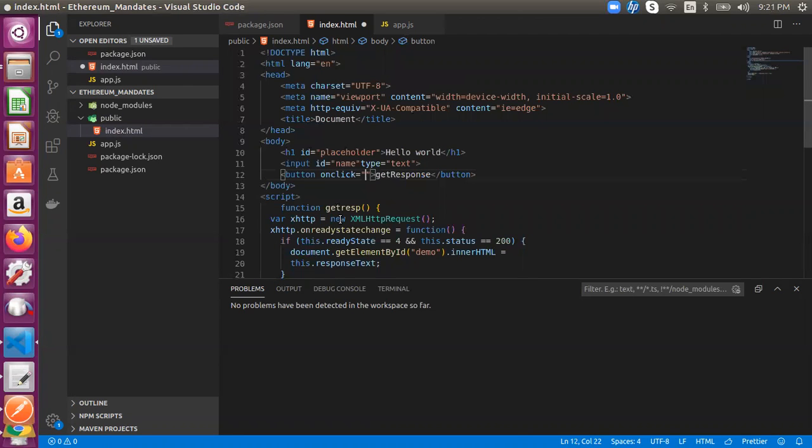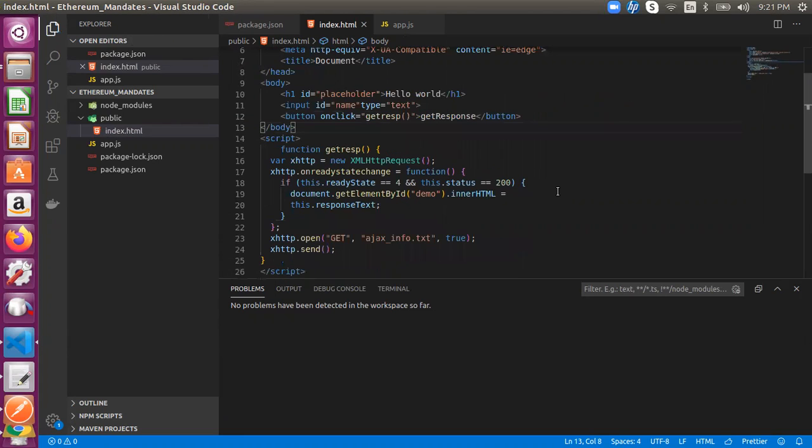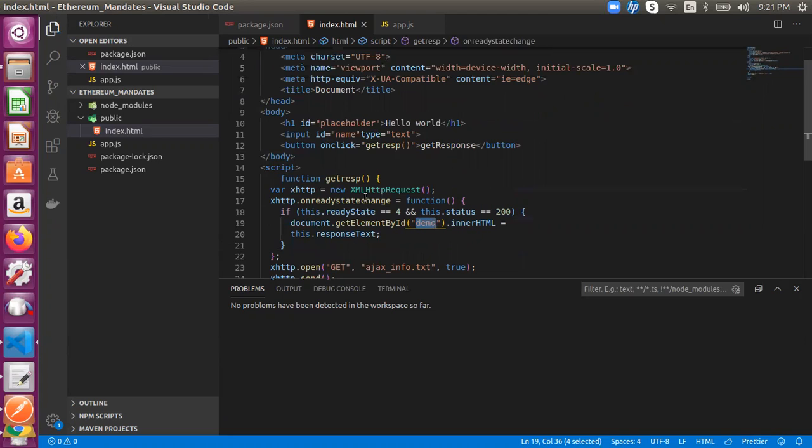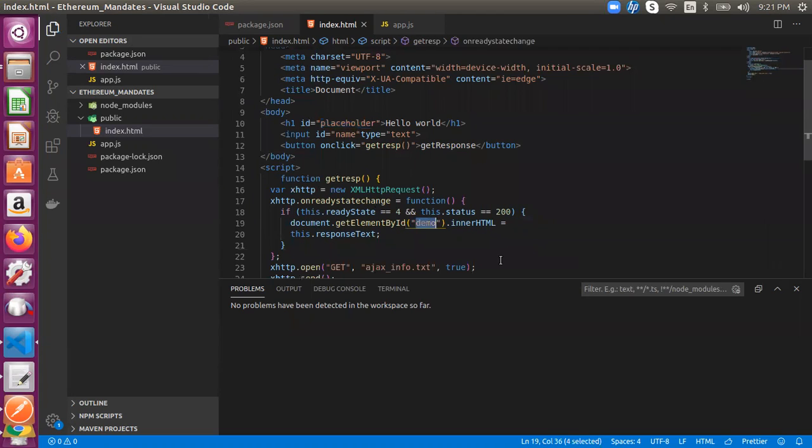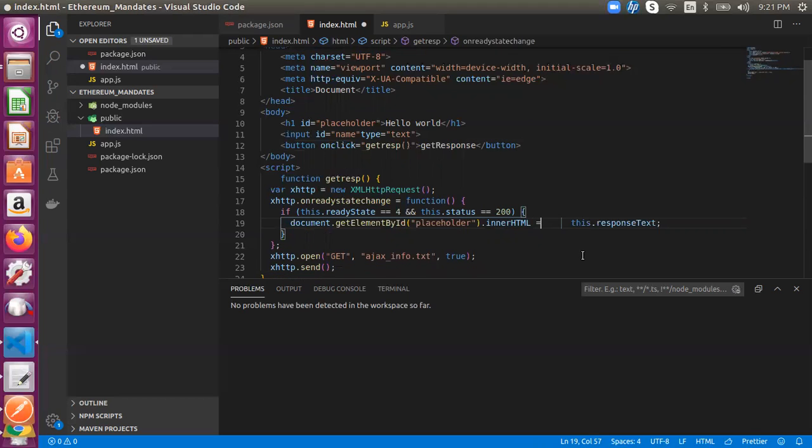I take that onclick and call the getResponse function, right? Here demo is there, getElementById demo, but we don't know what demo is in our HTML since we copied it. I will replace this demo with the placeholder where hello world is displaying. We want to display over there, right? So this is an Ajax request.